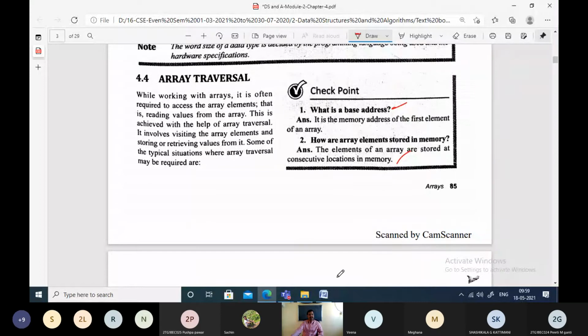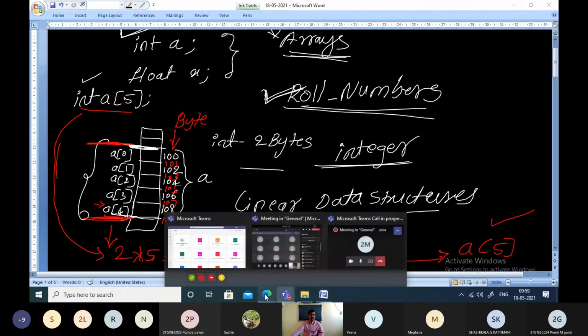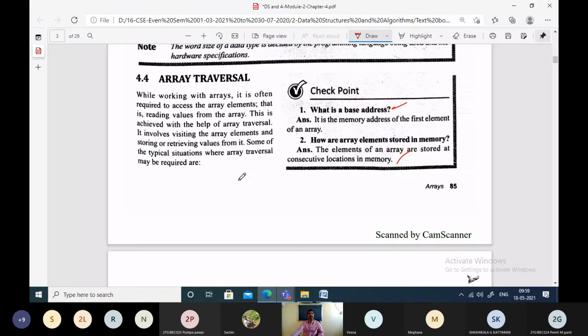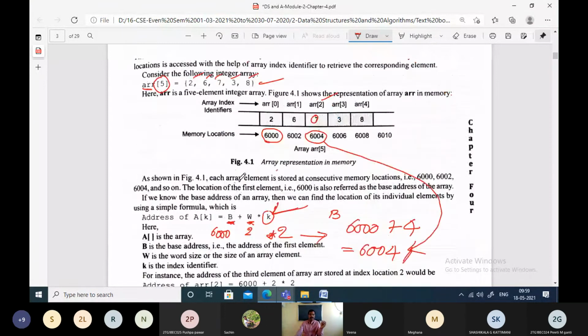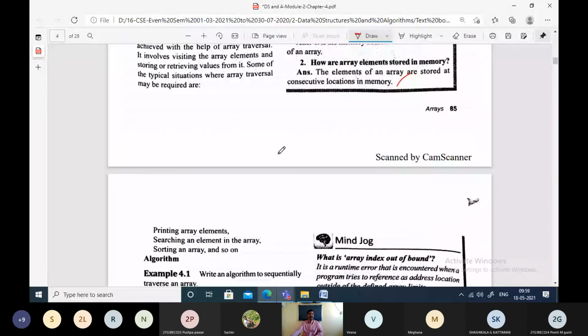So what actually is a traversal? When we have an array, visiting each and every element of the array at least once is called a traversal. That means we want to go across each and every element. When we have this array, I want to visit this element, next this element, this element, this and this. That means just going across, traversing or visiting each and every node once is called traversing of an array. So what is the procedure for traversal?